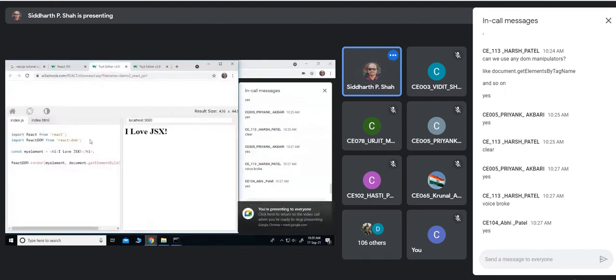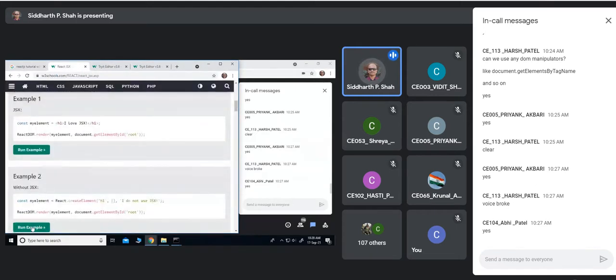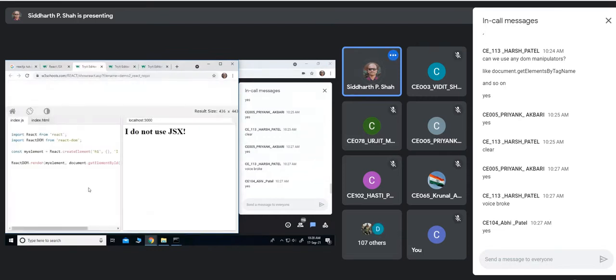Fine. So you can see here, this is the code that we have already seen, right? Something that you want to write using JSX, and then it will be used like this. But if you do not want to use JSX, how can you do it? Now, instead of directly putting that HTML tag, you need to write React.createElement, and then whatever syntax is there, you need to follow it. I want to use an h1 tag and the content should be this.